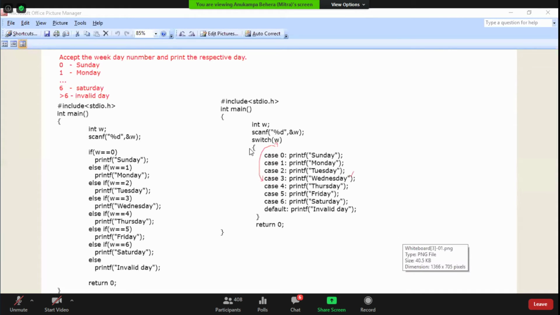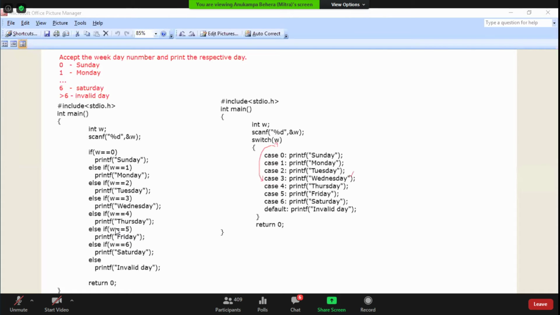Okay, so now tell me, I had asked a question last class, right? Do you think that switch case is faster, or more efficient in comparison to multiple if? And almost 85% have answered yes, right? Okay, so why, what is the logic?